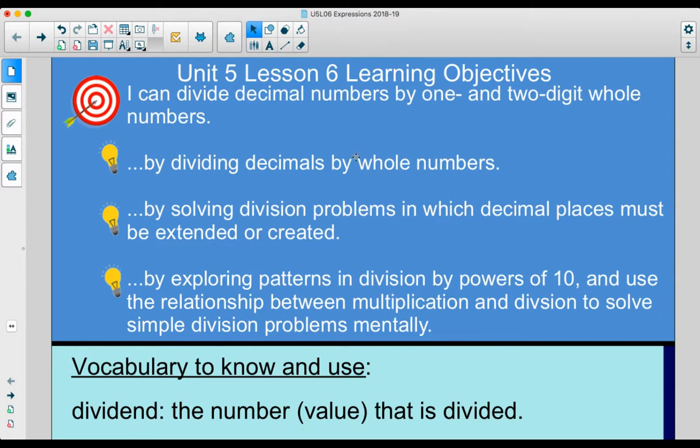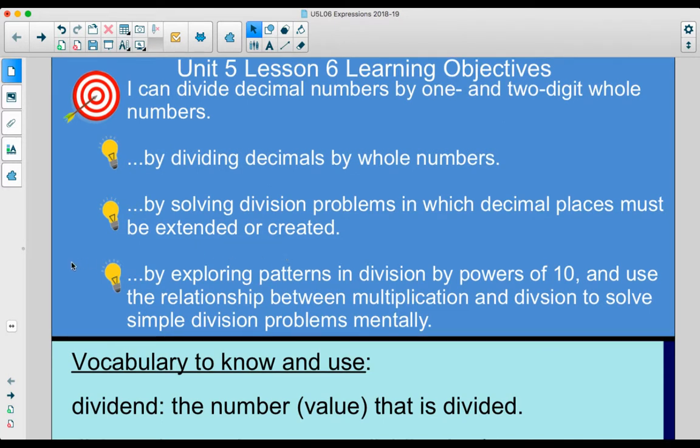For Unit 5, Lesson 6, our learning objective is: I can divide decimal numbers by 1- and 2-digit whole numbers by dividing decimals by whole numbers, by solving division problems in which decimal places must be extended or created, and by exploring patterns in division by powers of 10, and use the relationship between multiplication and division to solve simple division problems mentally. We have done most of this before when we've divided and had a remainder that we needed to change into